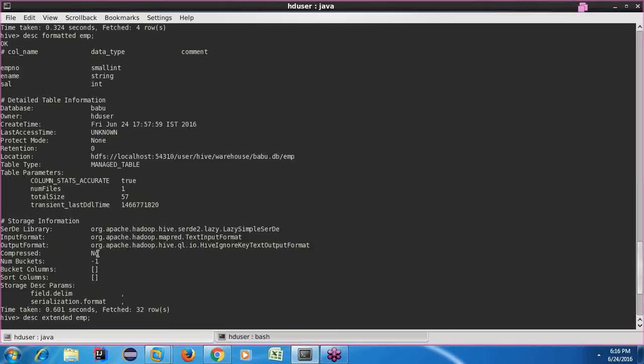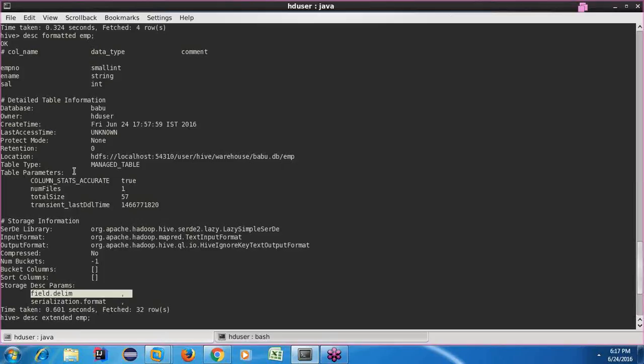Like in MapReduce, here also you can compress the data. We'll see all those compression techniques. No issues. Next, number of buckets. This bucketing concept also we are going to discuss. Next, bucketing and sorting techniques I'll let you know after a few classes. As of now we are still in creating the tables, so you don't need that now. And this is how my fields are terminated in the input files, as shown there.